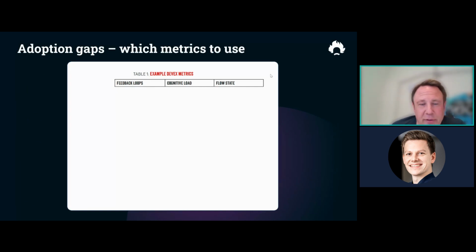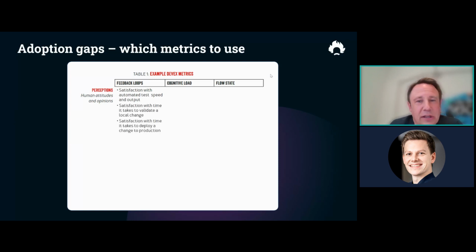If you drill down a little bit more on some of these characteristics, so feedback loops, cognitive load, and flow state, and look at the metrics, these are some questions you can ask and look at in the organization to determine, has it already happened? I mean, how good is the developer experience in my team?